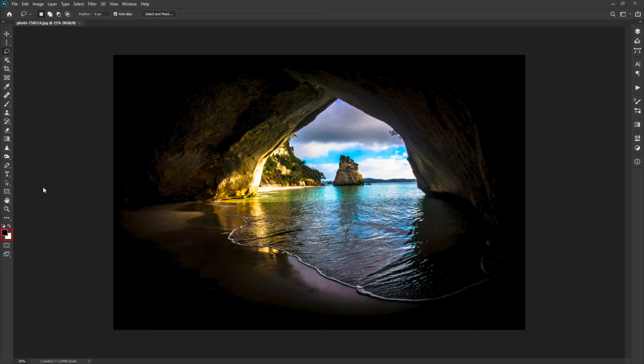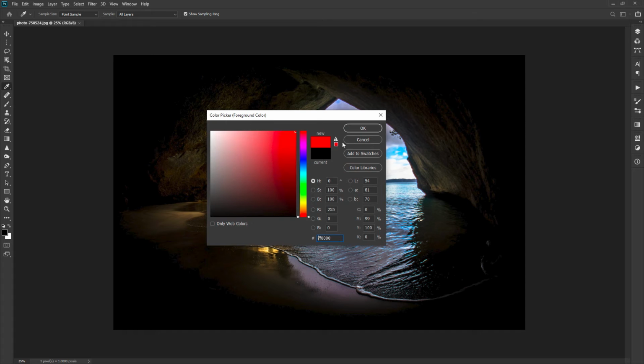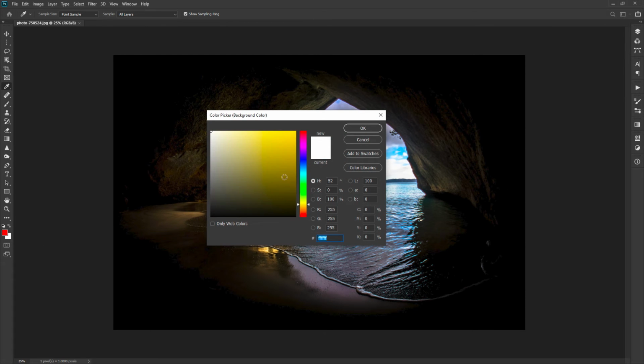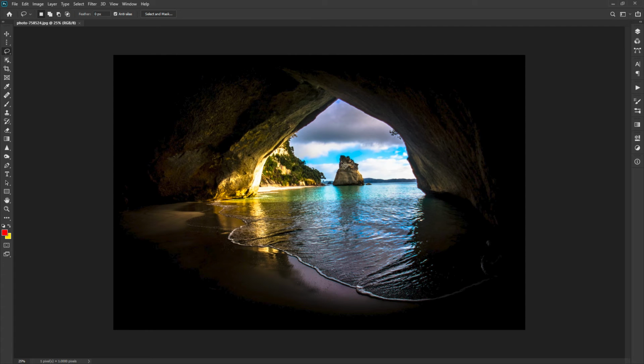At the bottom side of the toolbox, we have 2 color boxes. We identify the top color box as foreground color and the other as background color box. It is black and white by default. In most of the cases, only foreground color is being used. But in some situations, the background color has a very important role too. Below that, we have a quick mask tool. It is a kind of selection tool. We will discuss it in detail when we talk about selecting the pixels in Photoshop.